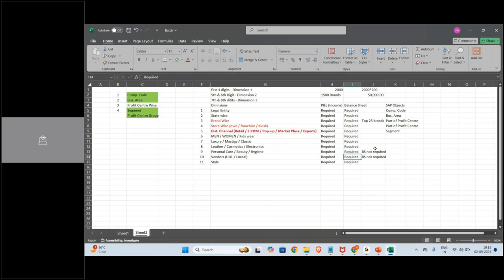Even for style it was not required, right? They said, okay, I agree, you don't give me a balance sheet for these five things. I'll put it in a gray color, which they agreed they don't need. But they are saying they wanted profit center here based on division, let's say this is called category. I'll call it category wise.